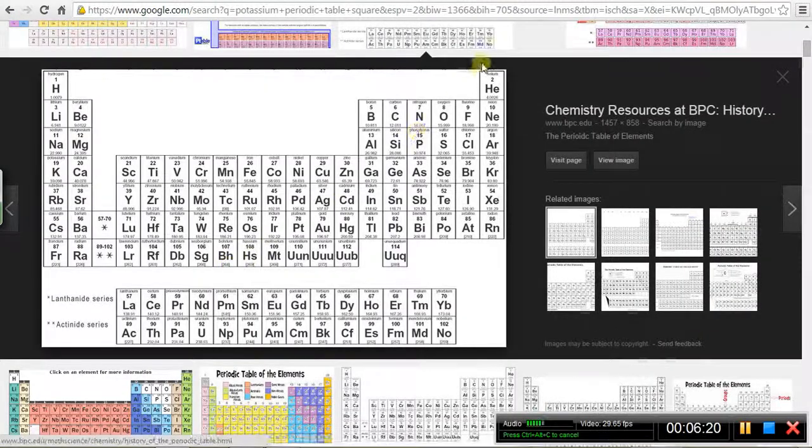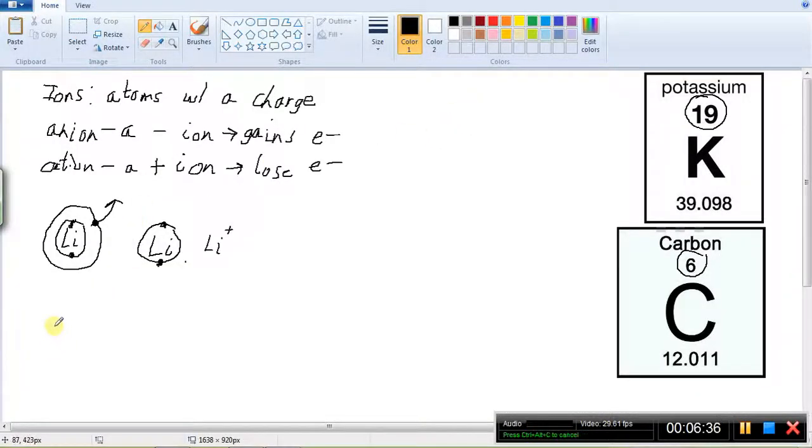Now if we look at the elements on the right-hand side of the periodic table, not these, these are the noble gases, those have a full outer shell already, they're very stable. But these 2 here, these will tend to gain electrons. So let's look at fluorine, atomic number 9. So if we have fluorine here, atomic number 9, if it's electrically neutral, means we have always 9 protons, and then we have 9 electrons, so